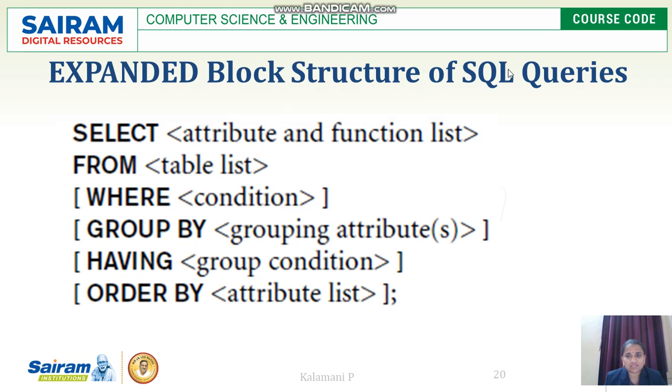So this is the expanded block structure of SQL queries. SELECT, then the attribute and function list we should give: SELECT S name, student name, comma, USN. We can even use aggregate functions, COUNT(*), AVG of salary and so on. FROM the table list: from which tables we are going to retrieve, the table names we specify with commas, FROM student, comma, department, and so on. WHERE condition: what condition we can give. Then GROUP BY, grouping with one or more attributes, and HAVING group condition. What is the condition we can give? This condition is applicable